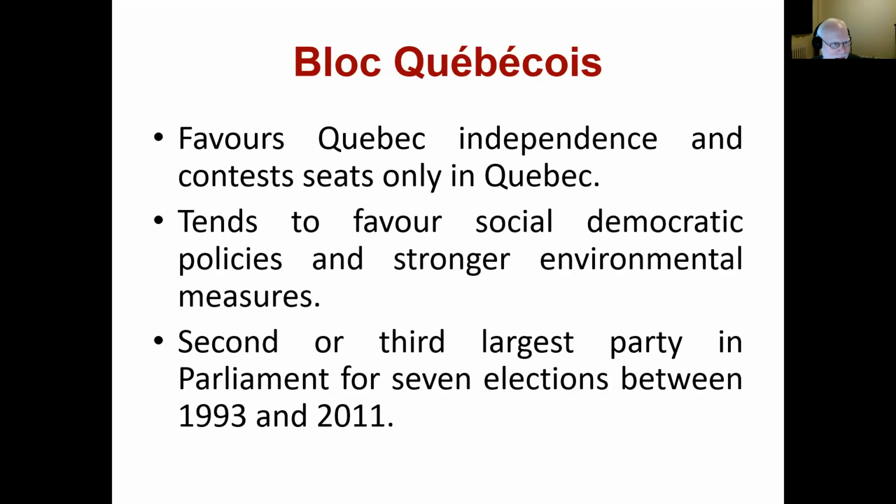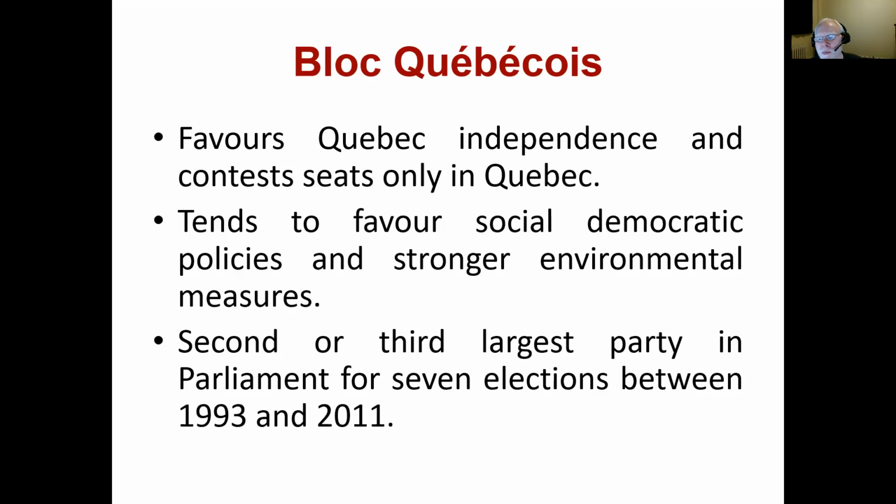The Bloc Québécois favors Quebec independence and contests seats only in Quebec, so it only runs candidates in Quebec, the ultimate goal being Quebec independence. But even outside of Quebec independence, the Bloc will always be voting on Quebec interests. So even if it's issues not related to most issues that come up in Parliament, which won't have anything to do with Quebec separation,